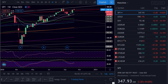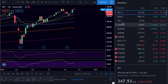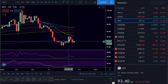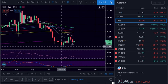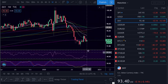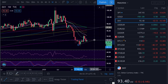Okay, so now S&P, gold still ranging, dollar, and I'll come back to Bitcoin and some alts. So the dollar made this bullish engulfing, but then we got a big rejection. We are trying to hold this, basically this from this week here. We are trying to hold this basically,